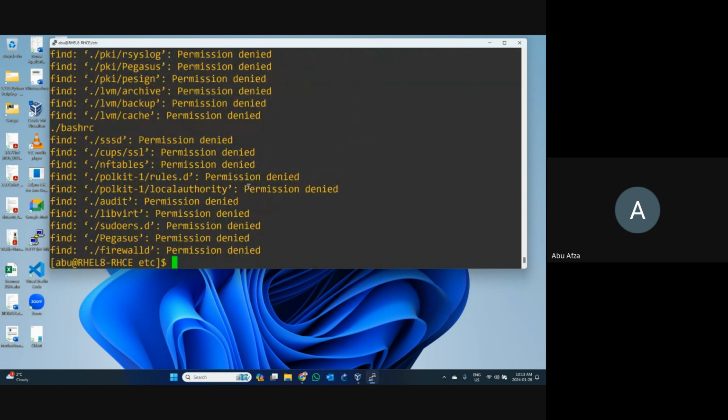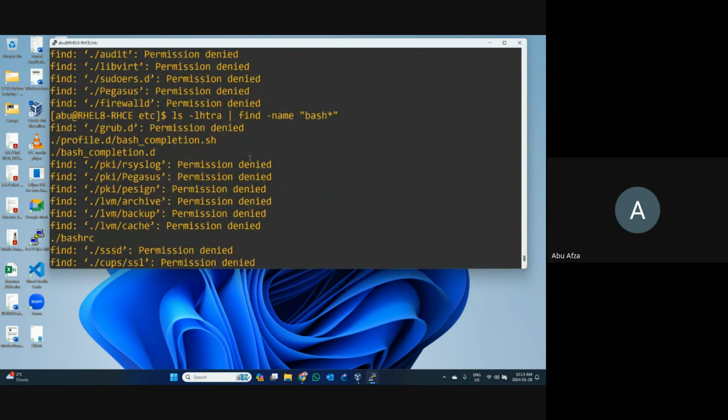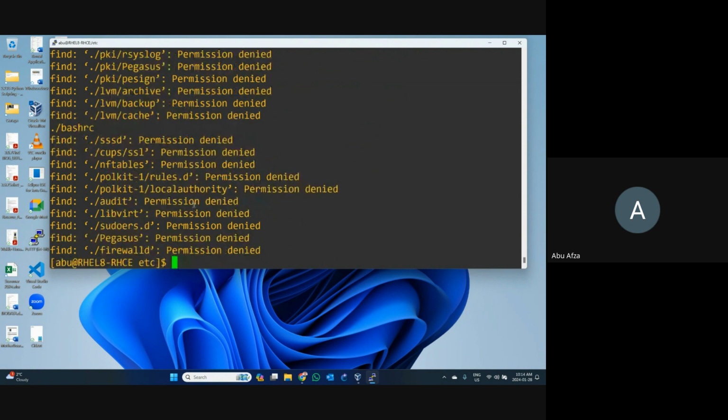Let's write down the bash a little bit this way. I need to start with bash. Which ones start with bash? That one I need to see. I press enter and I can see only one. This one. Yeah, I can see only this one because that one is actually the root directory. We don't need to do start with the bash, and in this one I use the star symbol. And there is also bash. We cannot see all, our permission denied, so we cannot open those files.